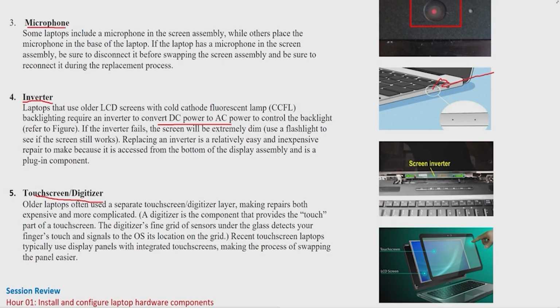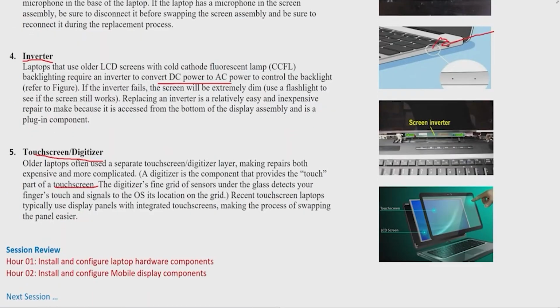So a digitizer is the component that provides the touch part of the touch screen. We are also using it without our finger. There is one pen. That pen is called a digitizer, or sometimes we call it a stylus. Like आपने देखा होगा Samsung Note, they have one stylus inside. When you touch the screen with it, it behaves the same as a mouse click or keyboard. Okay, that's all. We have reached the final